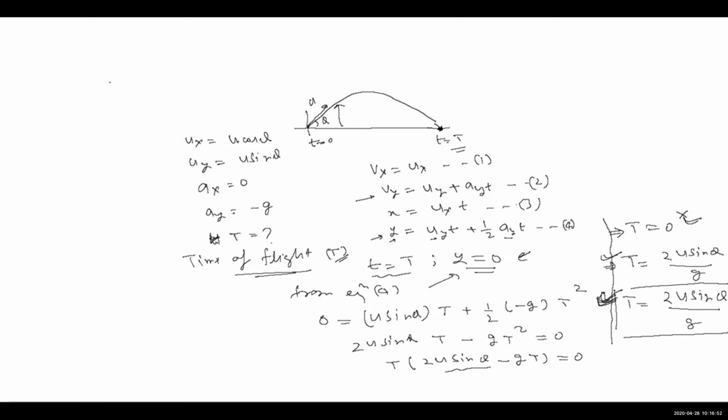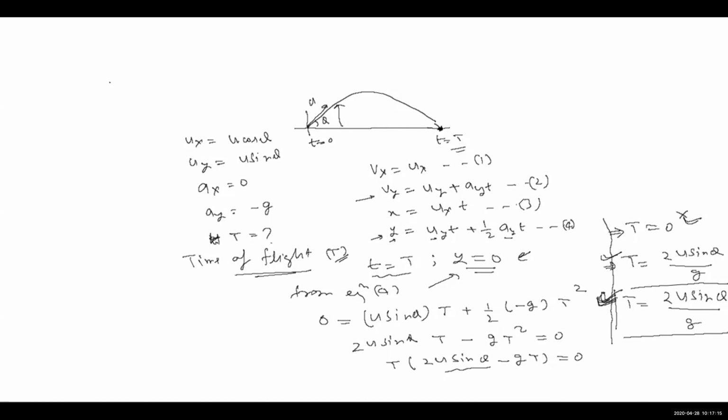Sir, minus u sine theta. Minus u sine theta. So what do you observe? What is your deduction? Sir, we substitute 2u sine theta by g at t. No, I'm not asking the process, I'm asking the deduction. When you get the result, how will you elaborate the result? What kind of result are you getting?